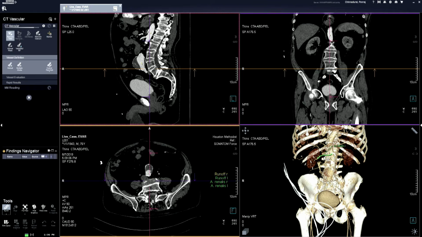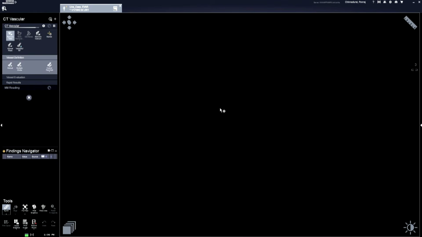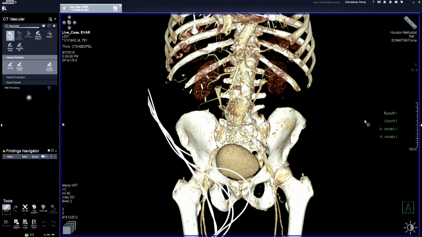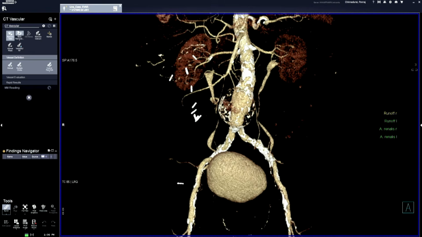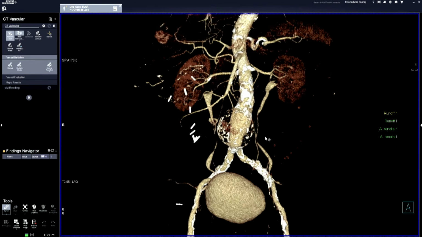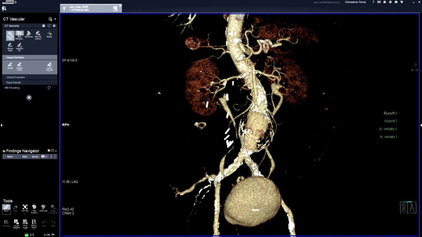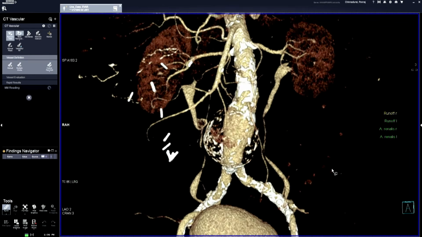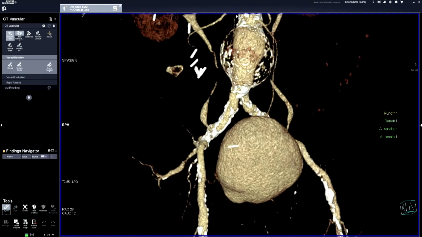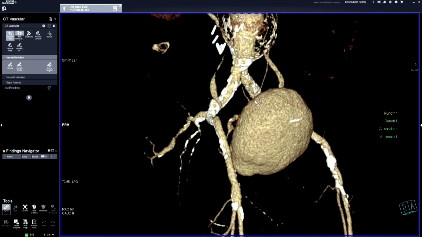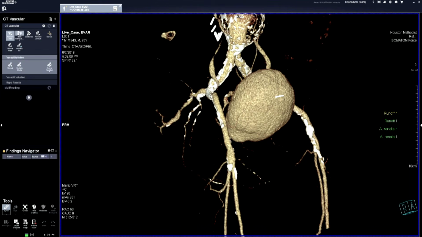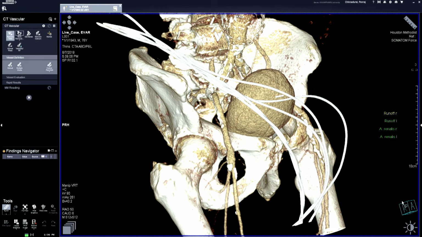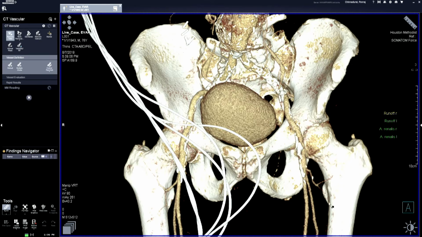If I go to the renal artery, maybe I'll make it bigger. If I go to the right renal and the left renal, it automatically identified these, and it removed the bone as well. Now you can get a sense of the landing zone of your EVAR and your access site as well. And so that's your hypogastric, and here is your, let me bring back the bone to get the bony context. So if you do it in AP,